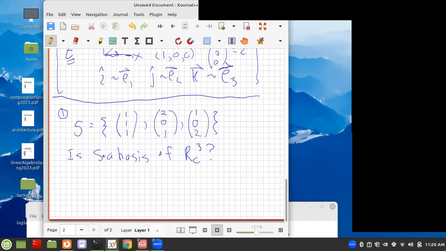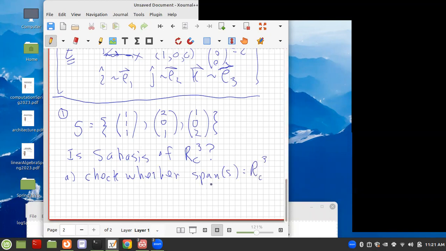like if you were asked, is this a basis? Then what you would first do is say, well, we need to take an arbitrary or typical vector in R3C. So, is this a basis? Well, let's first, so the plan is (a), let me use a lowercase a for some reason. Check whether the span of S equals